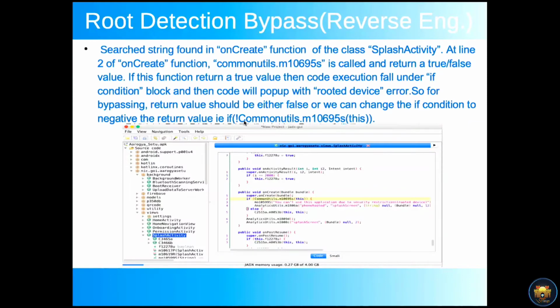So either we negate this value or we force the application to return false. So let's review this function, CommonUtils.m10695s, to see which value it returns and why it returns true or false.